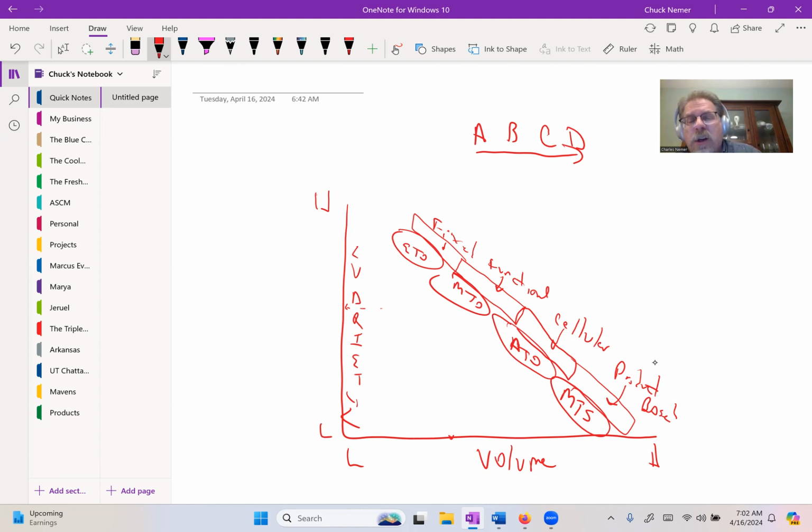Next to that, cellular is typically not as high a volume, a little bit more variety, but we're making families of products. An example I think of, because I'm a type 2 diabetic, is the needles that I use on my insulin pen. The only difference is the length of the pin that gets injected into the skin. But the outside cap, the covering over the needle, the seal to protect the needle itself is all the same. So I'll go through a cell that might look like this: A, B, C, and D,